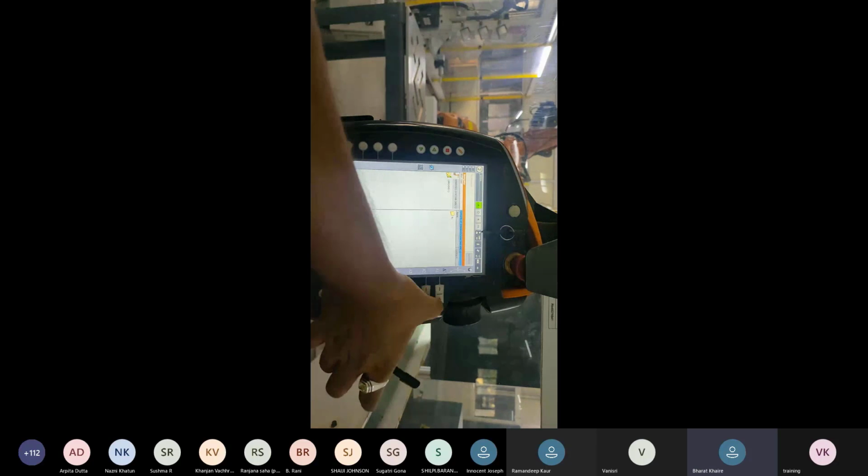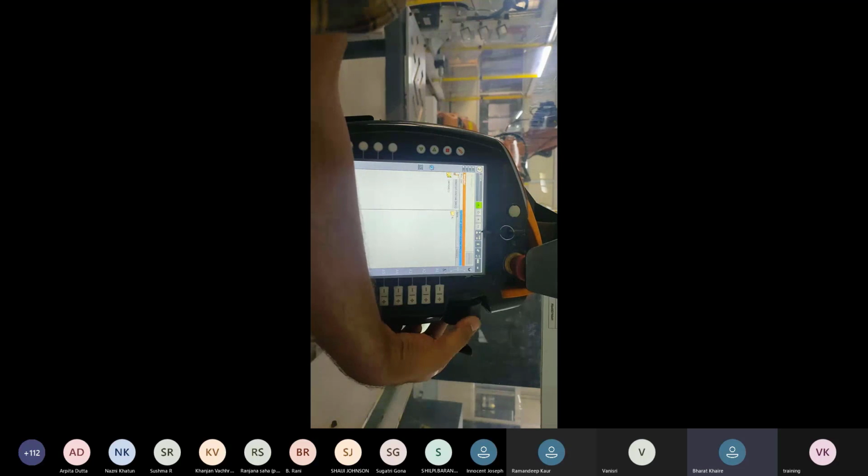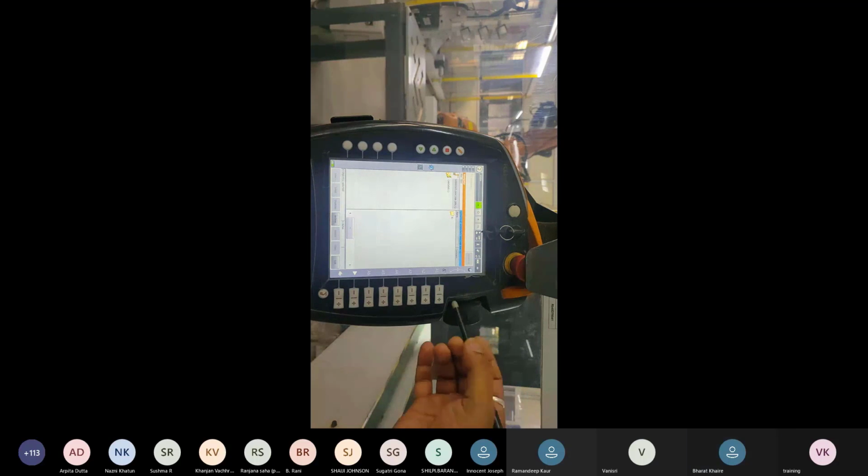So we have 2 methods here to jog the manipulator: by the key, or by the 6D mouse. 6D mouse means it is either A1 to A6 axis, or in the world coordinate system, it will be X, Y, Z and A, B, C axis. So we will see how we can jog the robot after the introduction of the keypad.